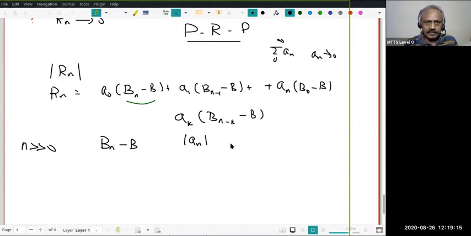So there has to be balance. You understand that? When I look at the b term, b_n minus b term, I want n to be large. But then the corresponding a term will be small. Look at this term, a_k into b_{n-k} minus b. So when I want to estimate the bracketed term in b, I want n to be very large, but then k should not be large, k should be small. But when I want to estimate mod a_k, I want k to be very large, but then n minus k will be very small. So I may not know. You understand that? So the first idea, what should I do? I want both of them in some sense to be large.